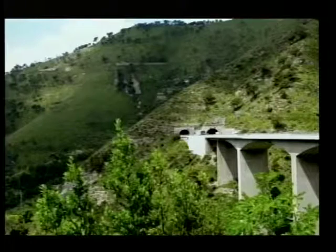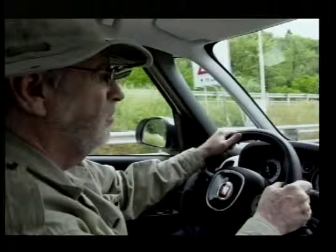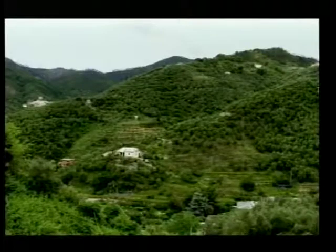Coming out of the tunnel, at that point, still on the autostrada. And that's me as I exit the autostrada. You can see that I have a totally different look on my face than I did earlier. That's me as I'm about to embark on the side winding roads of Italy. And these are the roads that I'm going to be taking. You could see